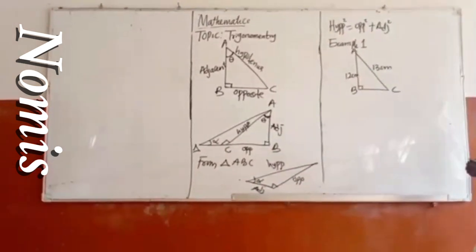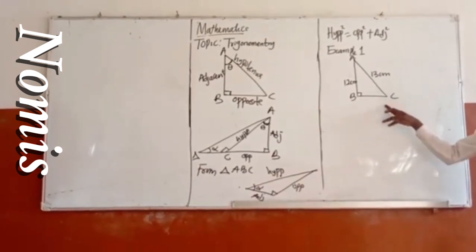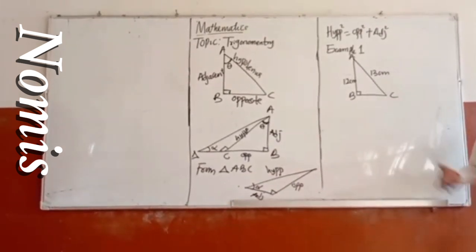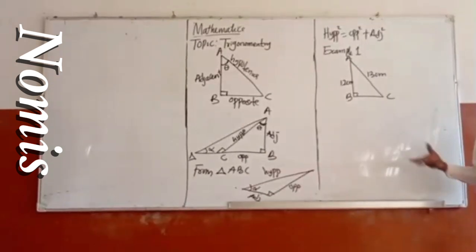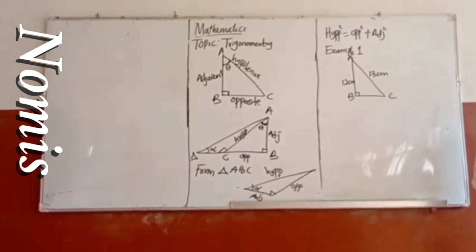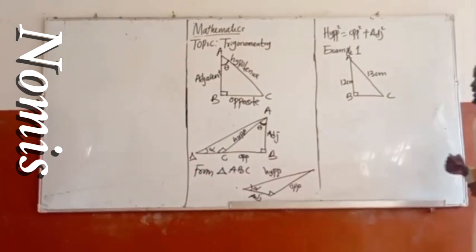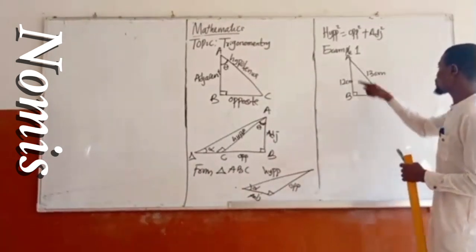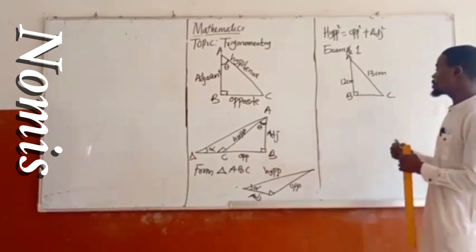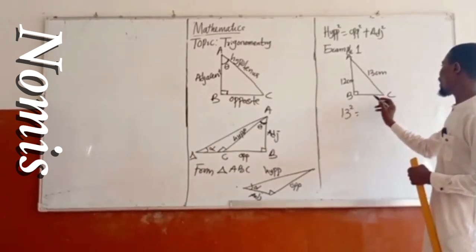This is a right angle triangle where one of the sides is not given, but the two sides are given. This is where Pythagoras theorem comes in. We have to find the third side of the right angle triangle. The theorem says that the hypotenuse squared, the hypotenuse being the longest side, which is 13, 13 squared, is equal to the opposite